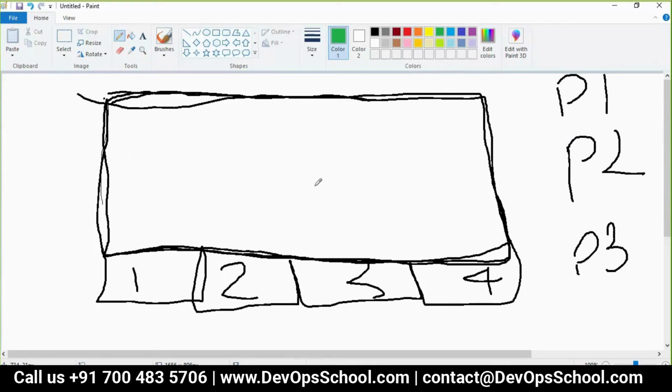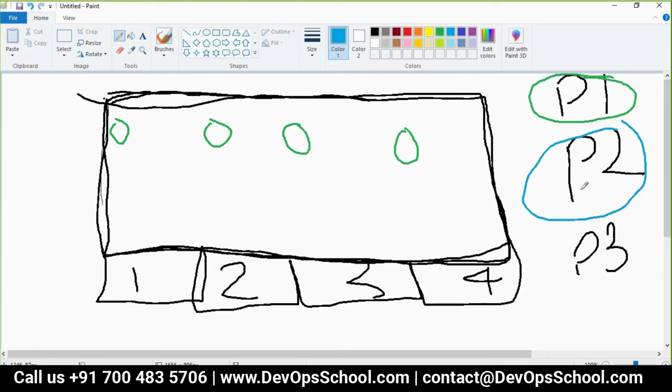So we are running, let's say, project 1 is creating, this is a project 1 pod. So if you create, let's say 4 pods, one on every node, it will create it, decided by the scheduler. Each node gets 1 pod, but for Kubernetes, 4 pods are running in the infrastructure.